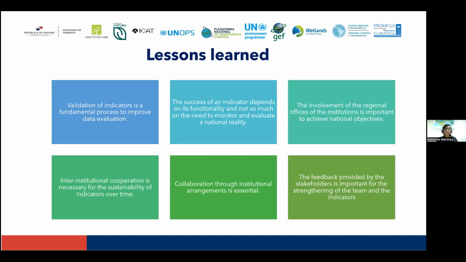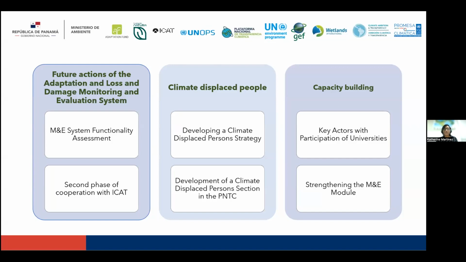Interinstitutional cooperation is necessary for the sustainability of the indicators over time. Collaboration through institutional arrangements is essential, and the feedback provided by the stakeholders is important for the strengthening of the team and the indicators. And some of the things that we have planned as next steps for next year is to receive an M&E system functionality assessment